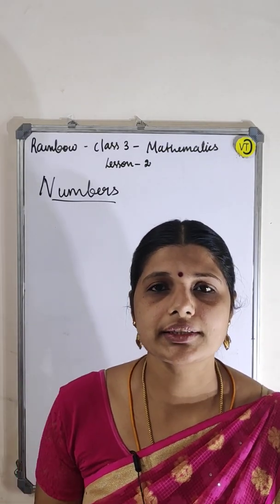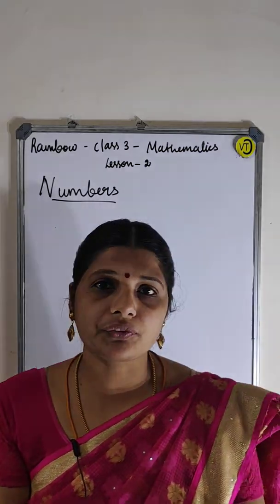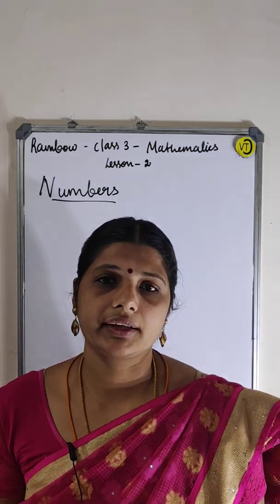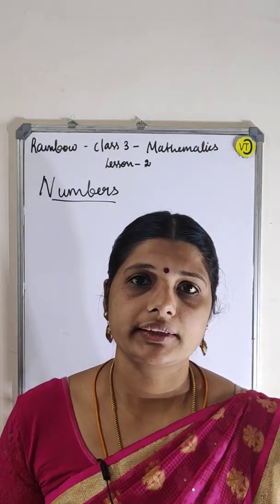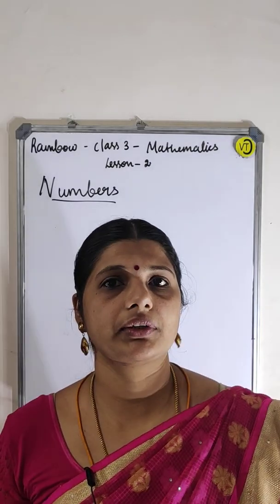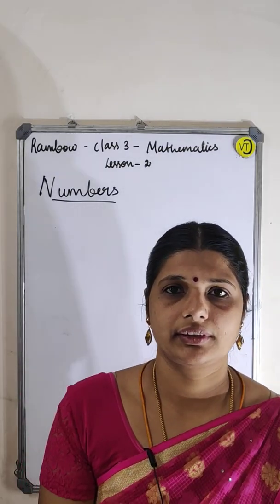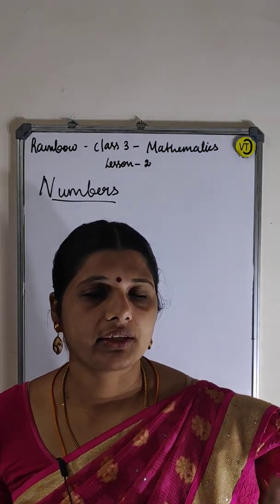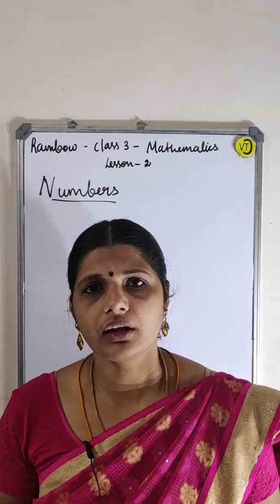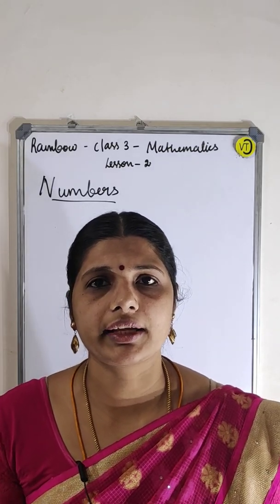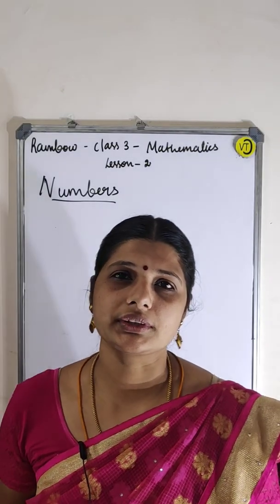Now, today's lesson: we are going to see 4-digit numbers, how to compare 4-digit numbers, then the successor and predecessor of 4-digit numbers, then even numbers, what are even numbers and what are prime numbers. All this we are going to see in this lesson 2 on numbers, right? Now, counting up to 9,999. How do we do it?